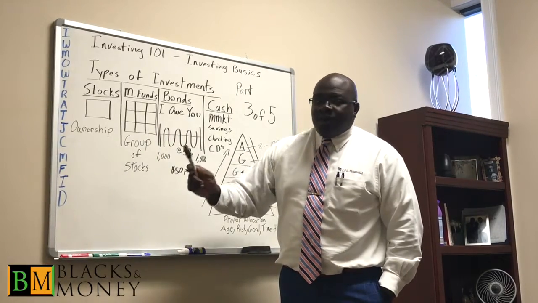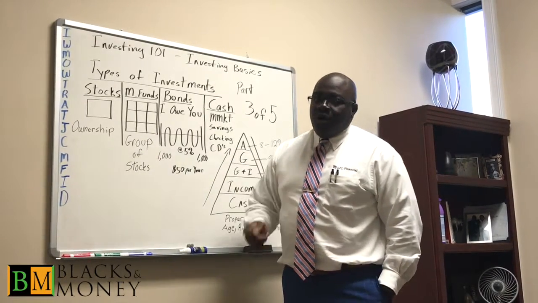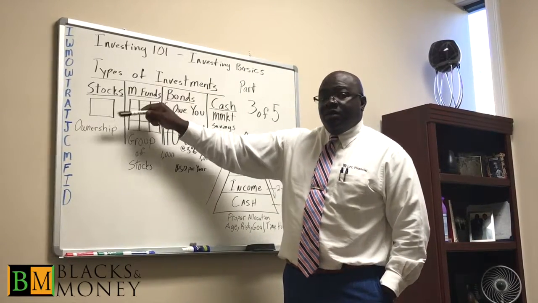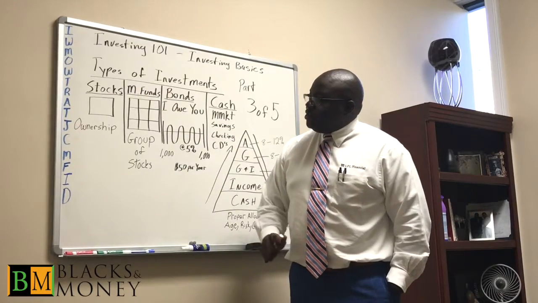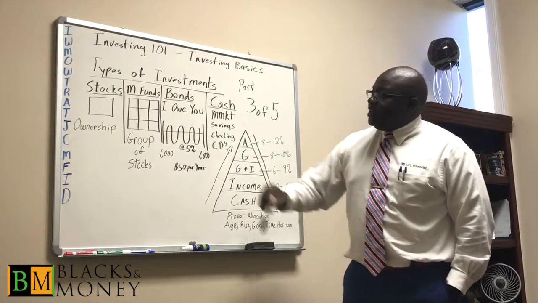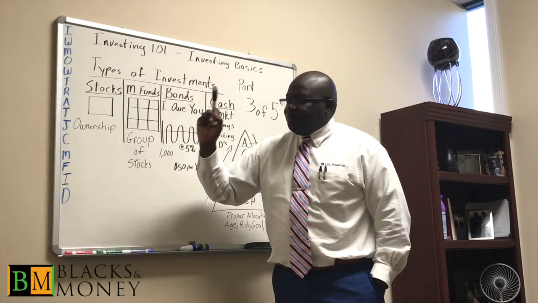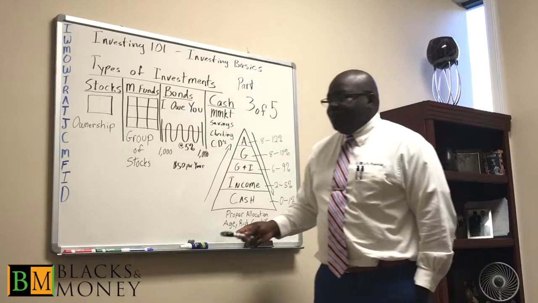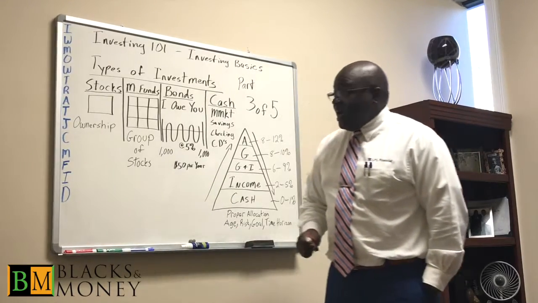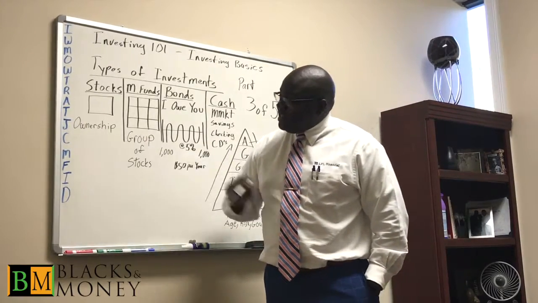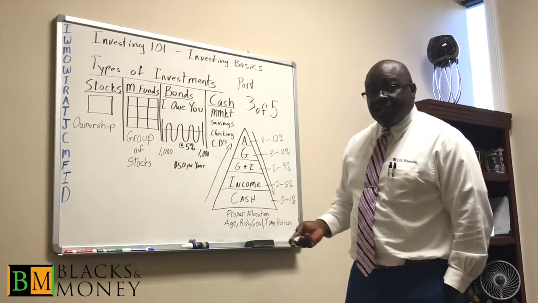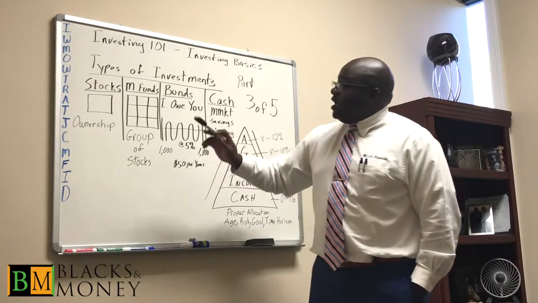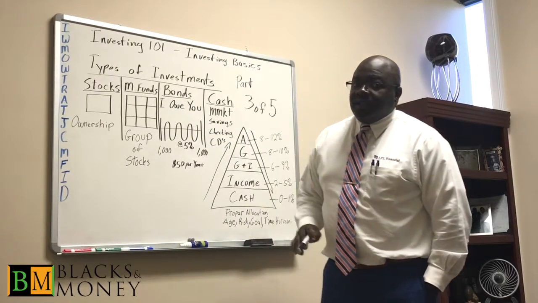If you buy XYZ company stock, you actually own a portion of that corporation, meaning if that company does well, you'll do well. If that company does not do so well, you won't do well. A good example of stock ownership is if you're buying XYZ company shoes and you're buying a lot of them, you may want to own XYZ company stock. If you're paying XYZ utility company every month for your lights, it may not be a bad idea to look into XYZ company stock, and you'll own a portion of that company.